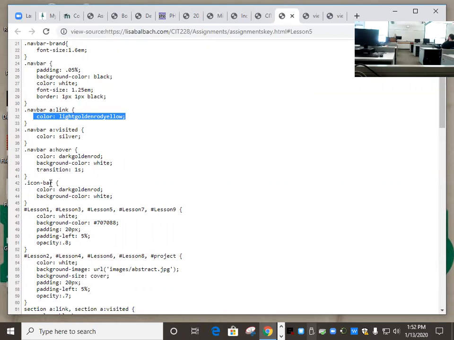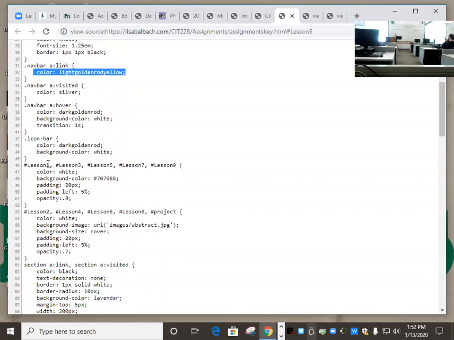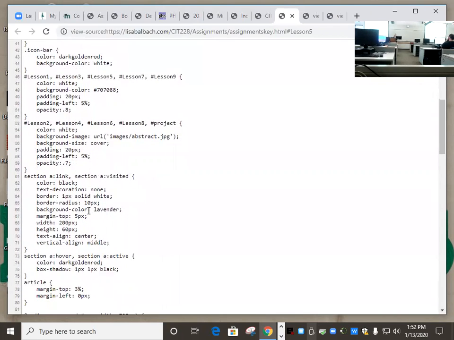Okay, so it didn't like hover, so I changed it. You guys can change anything you want, so you can make it look however you want it to look. For those of you that have had trouble with design,